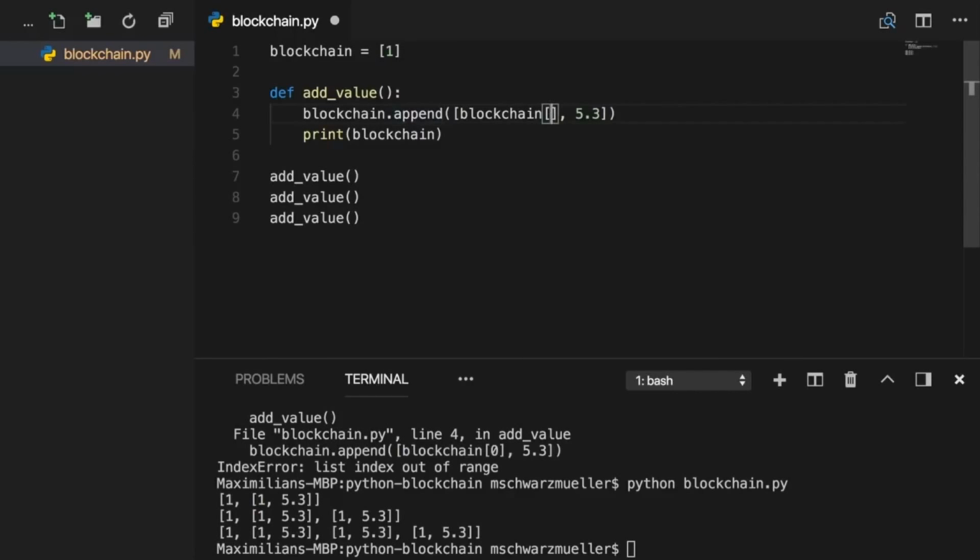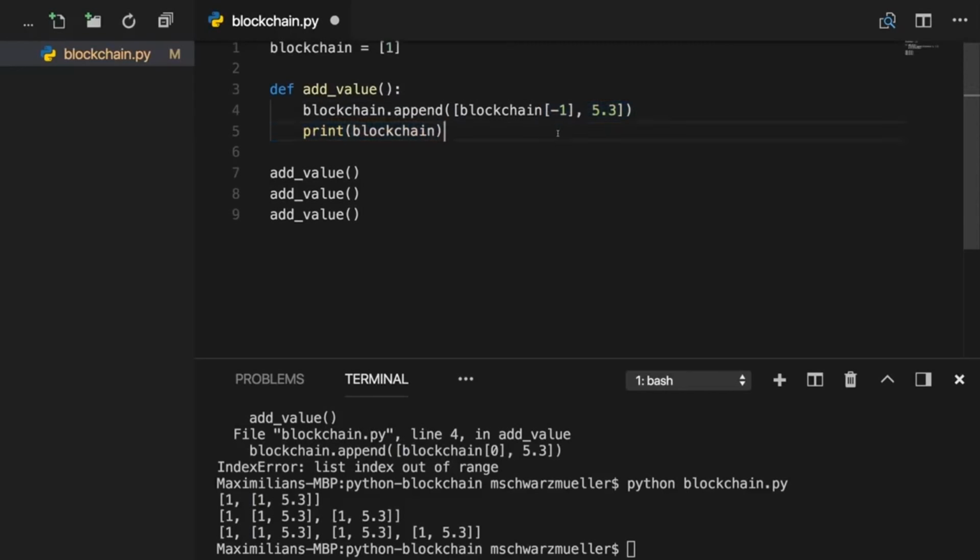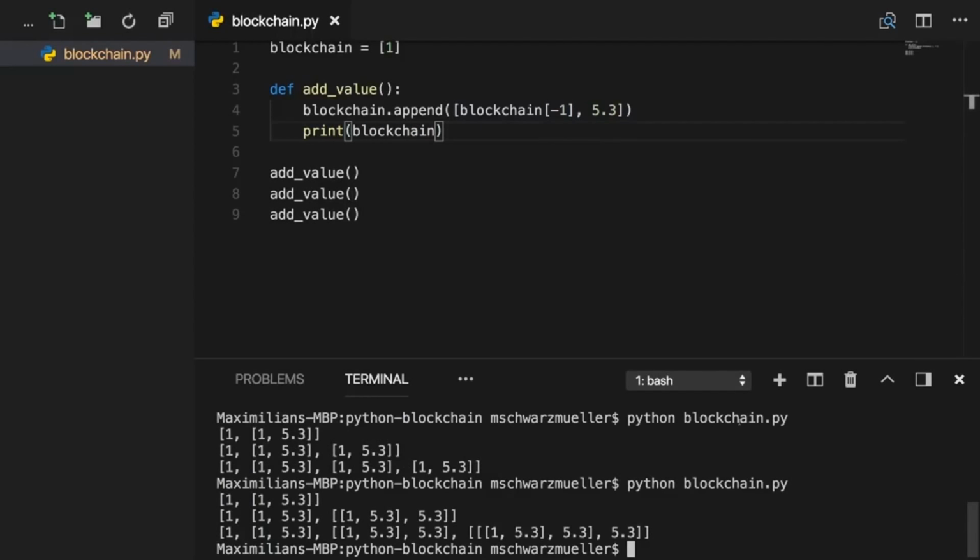It's actually a built-in functionality which simply accesses the blockchain from the right. So 0 is the first element from the left, but -1 is the last element because we start accessing it from the right. And why not -0? Because there exists no such thing as a -0. So -1, we could also use -2 to use the second last element, but -1 will actually now give us the last one.